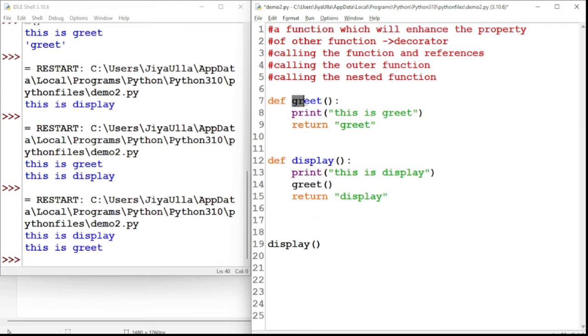I have greet reference here. Okay. And greet function. Okay. What I will do, I will take the greet reference and pass it to the display function. Okay. Now it will take the func as an argument, with the display sending the reference of the greet function. Okay. Now display function will accept the address of greet with a variable called func, argument called